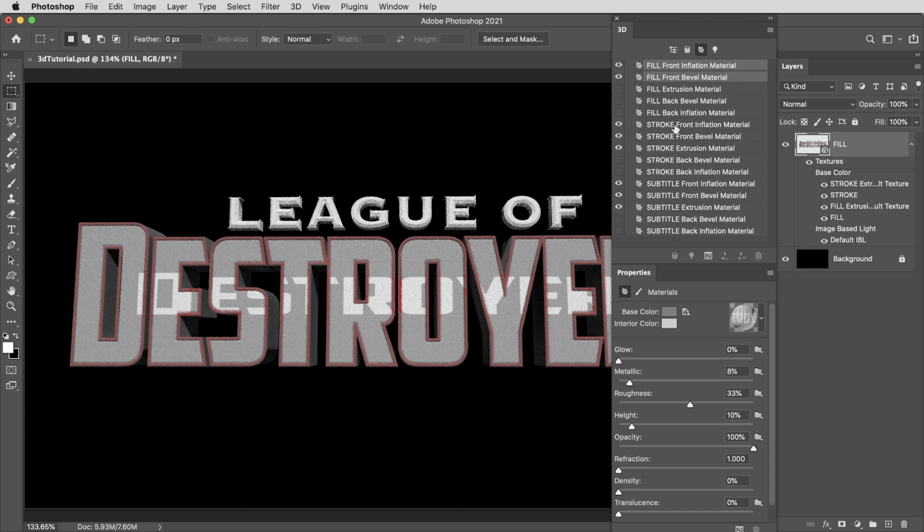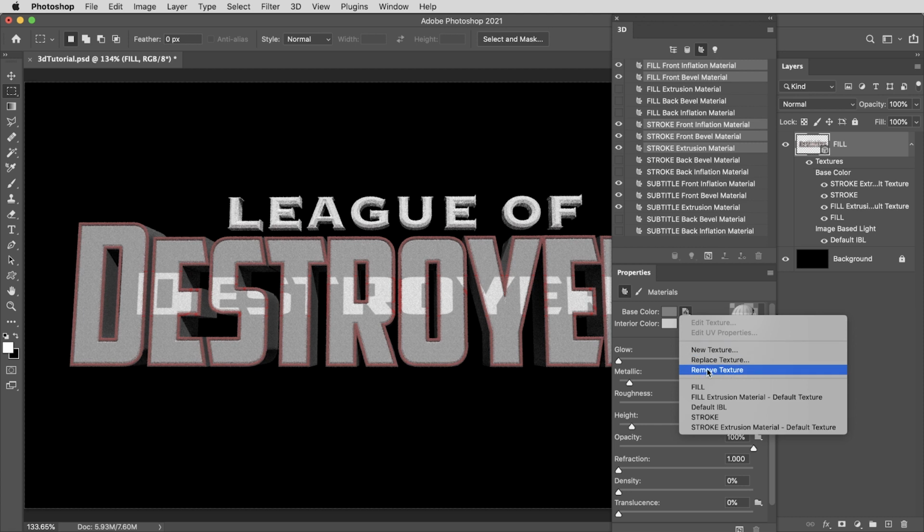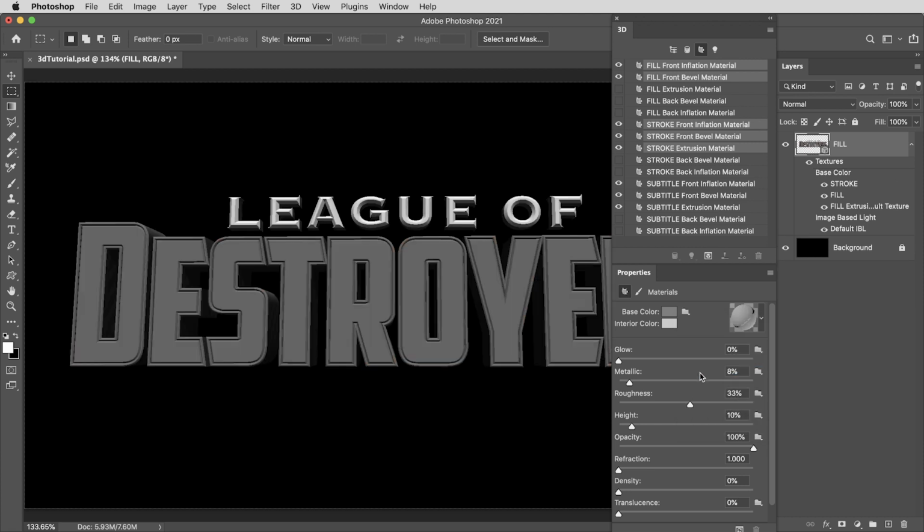So I can actually shift select all of these materials and make a change to all of them simultaneously. In the drop down under this little folder, I'm going to select Remove Texture. And that resets the base color of these objects to a default 50% gray. I'll do a quick test render, and there we go, nice and simple,